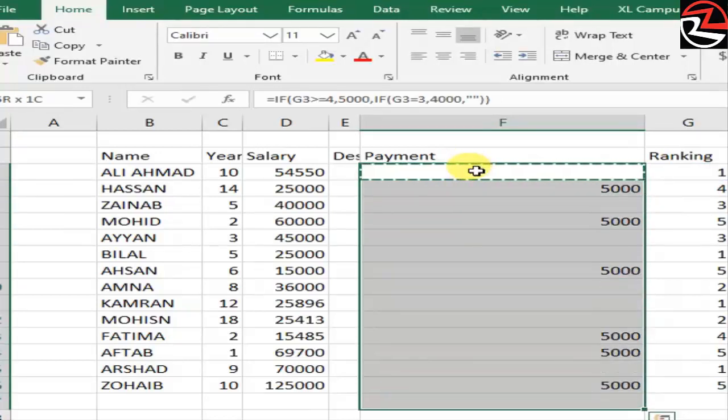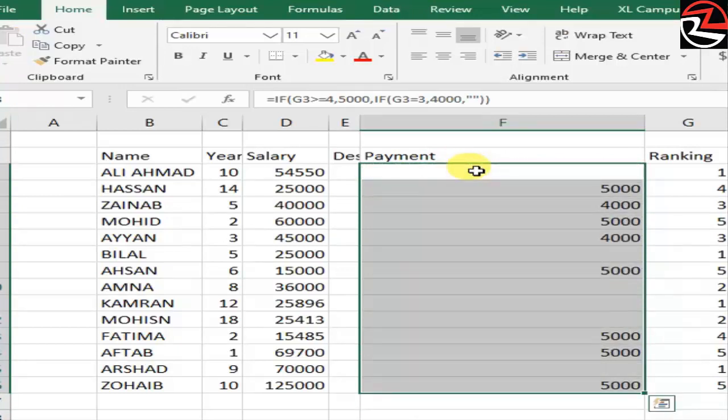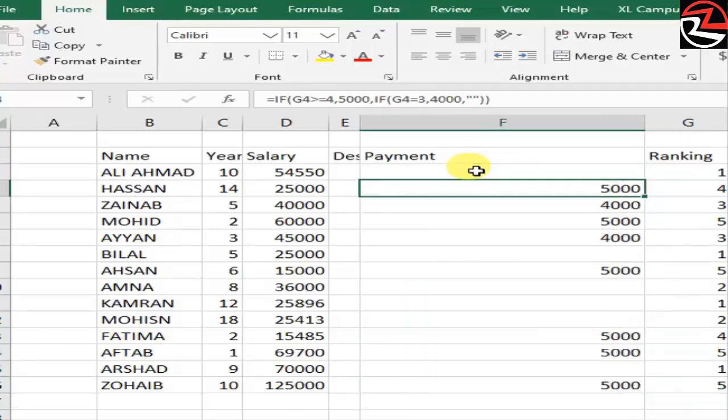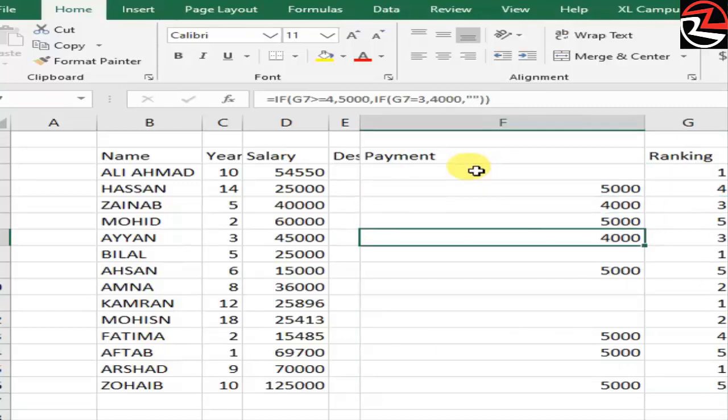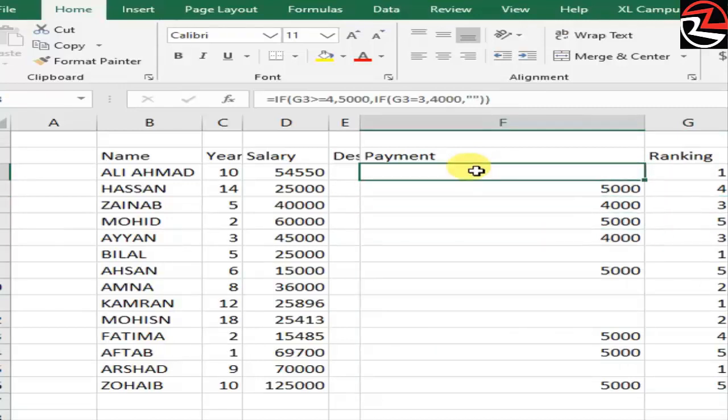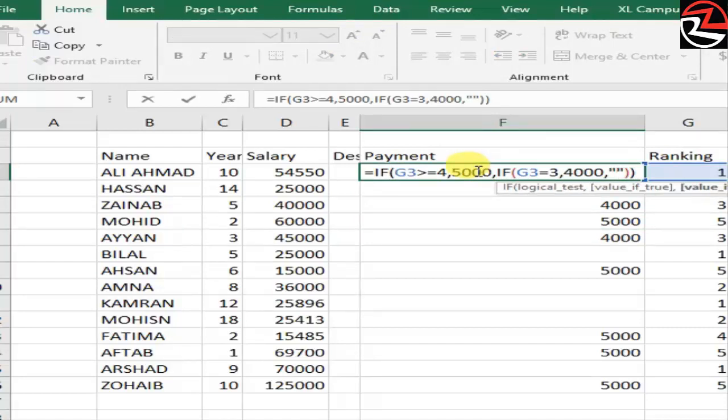Copy this formula and paste to the cells. We can view the different results as now job ranking 3 will pay 4,000, or job ranking 4 and above will pay this. If we will expand it more, we are going to copy this again and